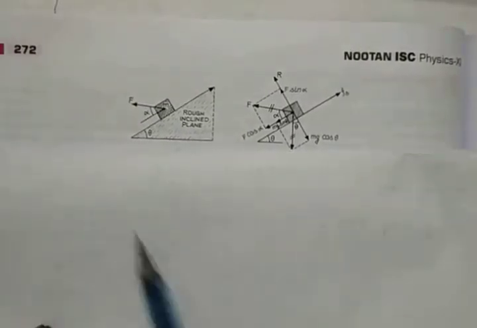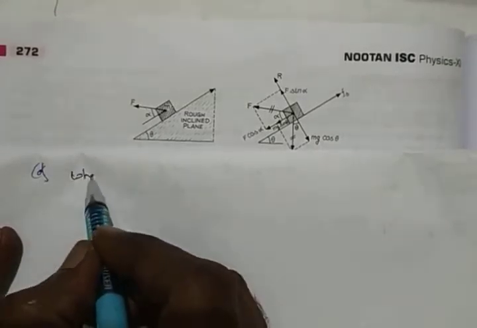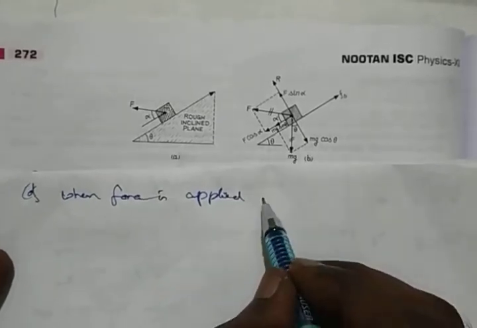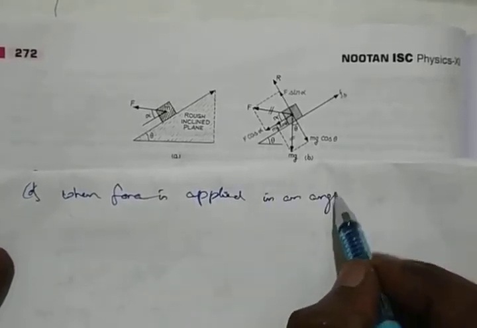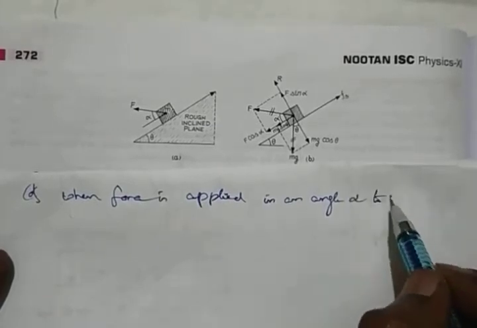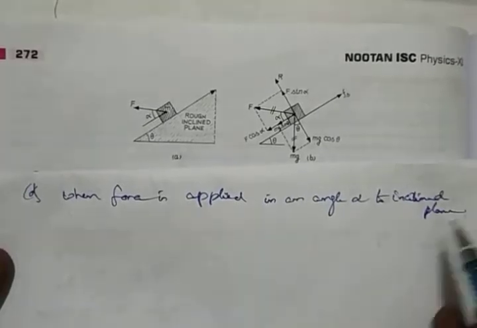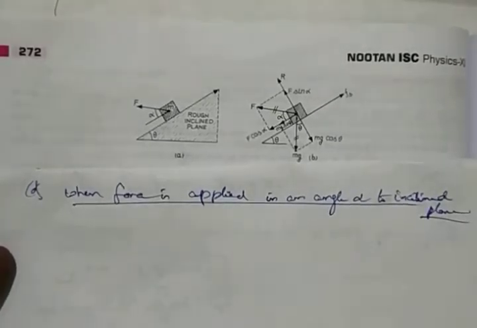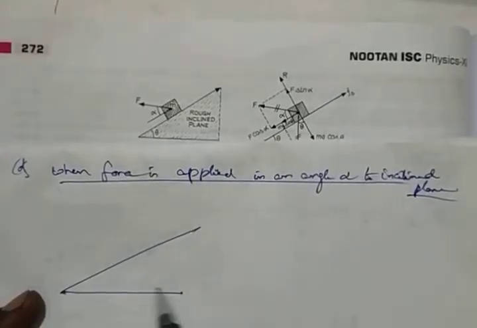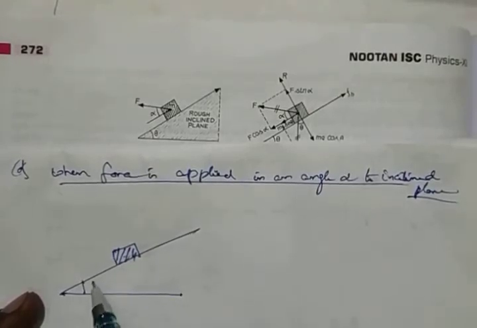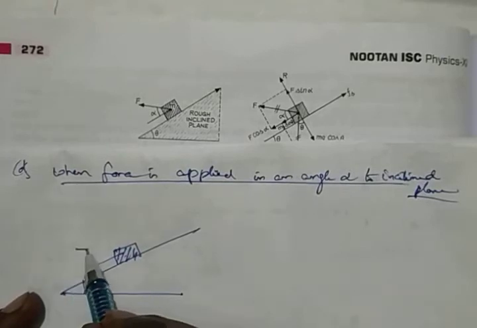downwards. So the D part is when force is applied at an angle alpha to the inclined plane. So the force is applied at an angle to the inclined plane. Draw this diagram here. This is the body, and this is already theta. Now the body will definitely move in this direction, but a force is being applied